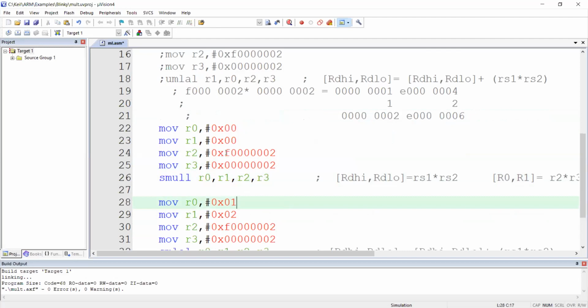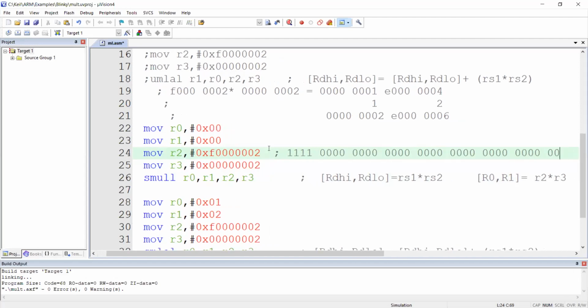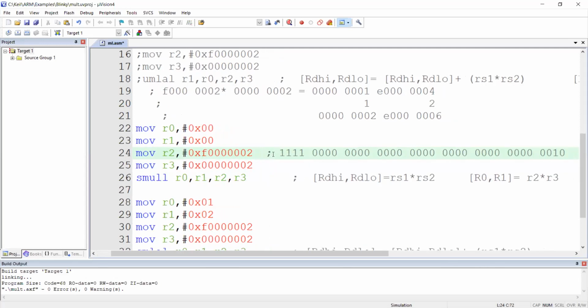So see this, very important now. Listen carefully. If you expand this number in terms of binary, what is here? I hope it is clear for you what I am doing. Sorry, this much. Okay, what does F indicate? 4 ones, then 0, again 0, 0. Last again we have 2. So what is this expansion here? 1, 2, 3, 4, like that we will get. And the last number is 0, 0, 1, 0.